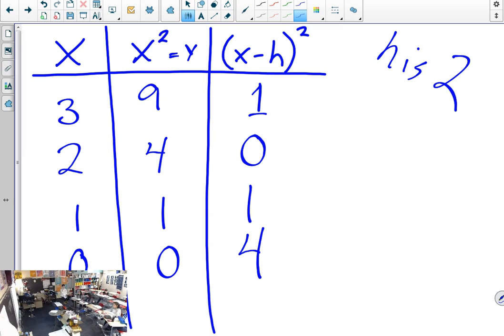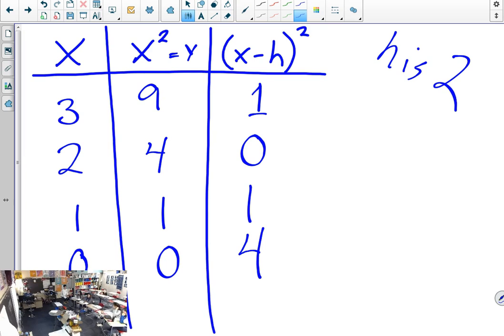Let's get rid of yellow. Let's stop viewing that for now. So if we look at when x was 3, our original point on the parabola was at 9. The new point is at 1, right? From our table, we can see that. If I look at x equal to 2, our original point on the red parabola was 4. Now it's actually 0.